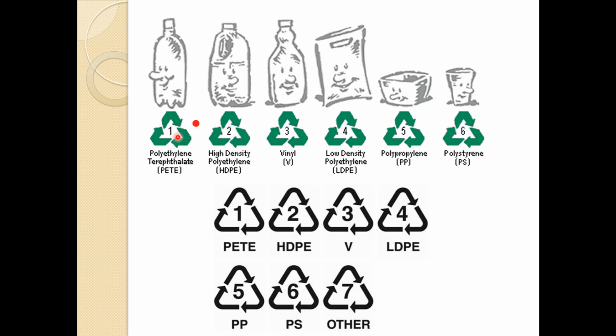I hope, has anybody seen these numbers? After this, you can just have a look at the bottles or the plastic material that we have. These indicate how many times we can reuse it. The PET bottles, the Bisleri bottles generally, they have this number one. Use it only once. But we use it. You know how we use the Bisleri bottle. So this tells you the durability of the plastic. Higher the number, more durable is the plastic.